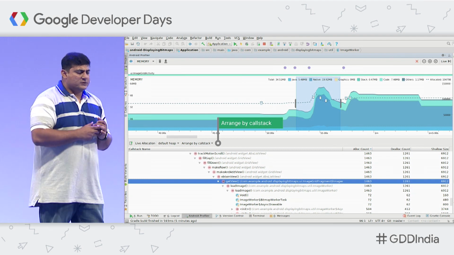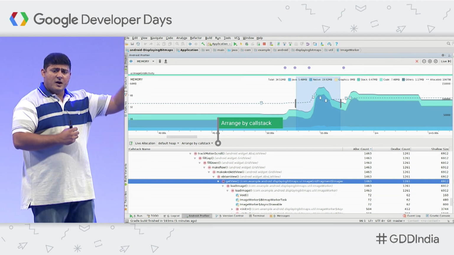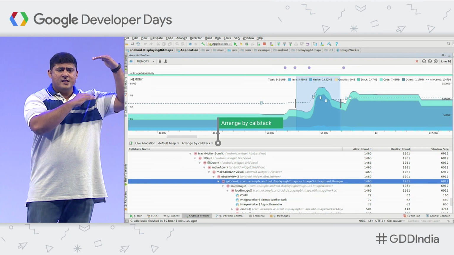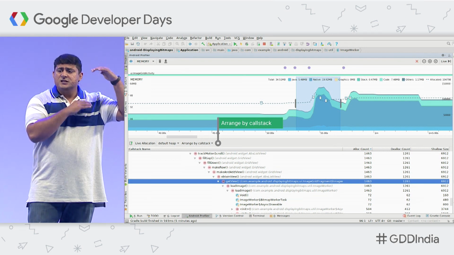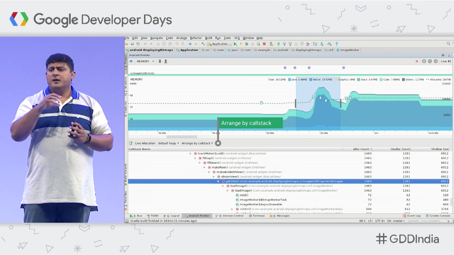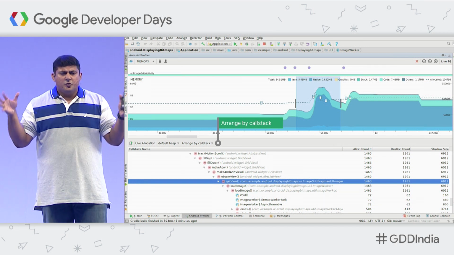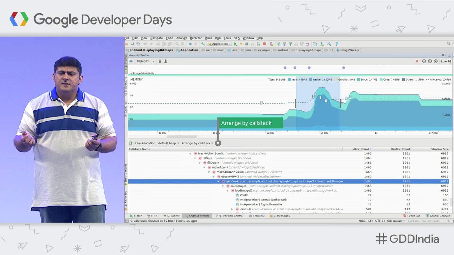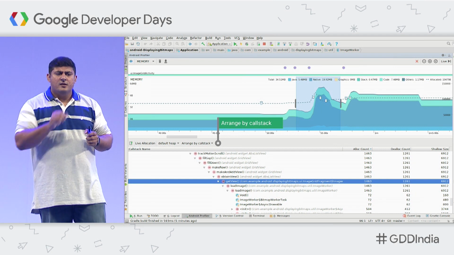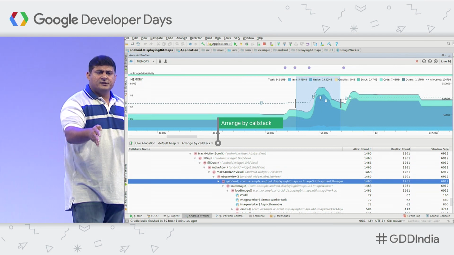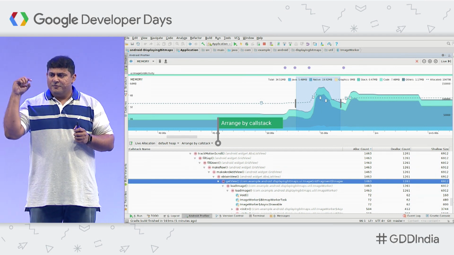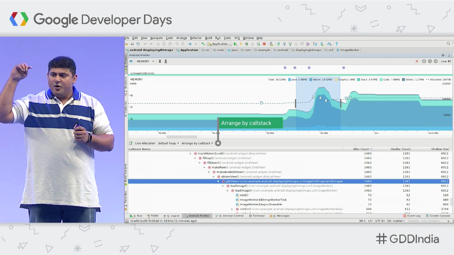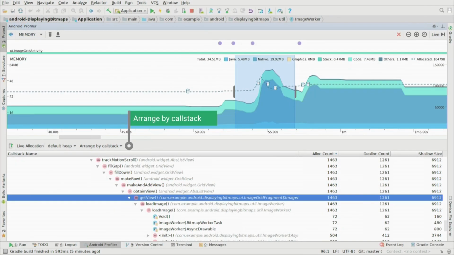Now, when you arrange by call stack, you would see that at this function, my app is allocating these variables or this much memory. Say you found out that at this function the app is slowing down, or there are a lot of GC events happening, and you want to identify why. So you drill down and see the allocation count, and you can fine-tune it to the last function call that has been made, and you can look at how much it is allocating.